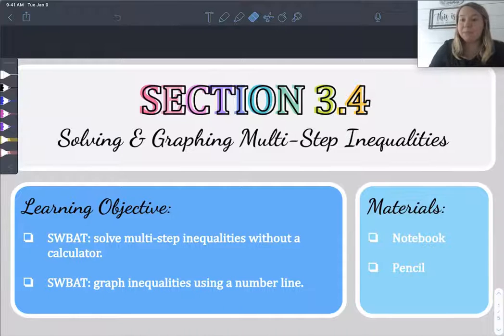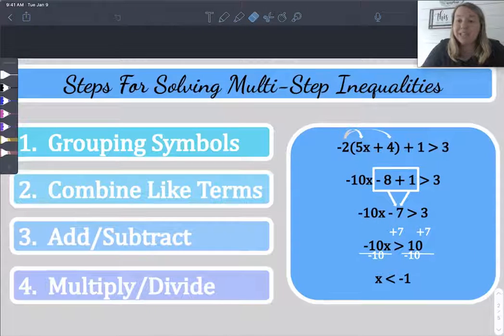So let's get started. When we are solving a multi-step inequality, there are 4 steps we will be using to help us solve. Keep in mind, we might not use all of these steps, and sometimes we'll have to use the steps more than once. So the first step is grouping symbols. In the example to the right of us, we actually have the distributive property, and that is considered one of our grouping symbols. Keep in mind, this is not the only grouping symbol, but it is one of the most common. In this, we are multiplying both the numbers inside the parentheses by -2, which ends up giving us negative